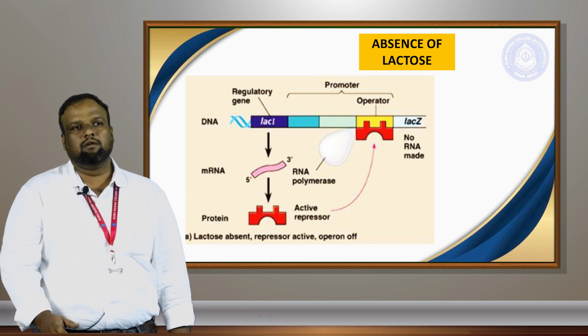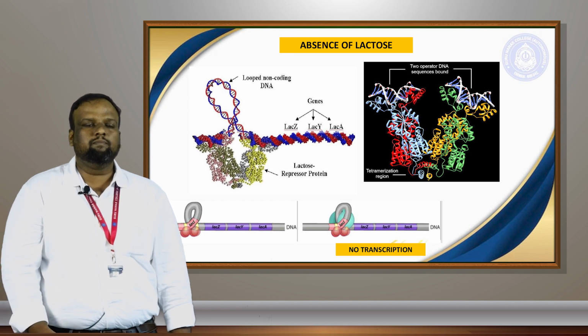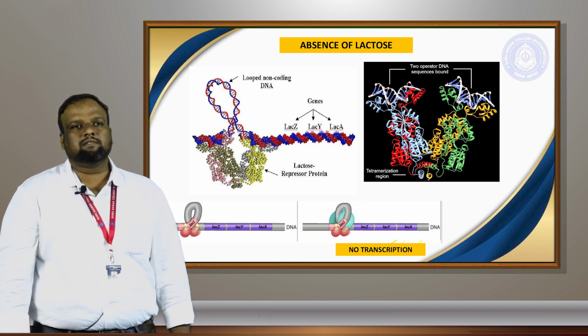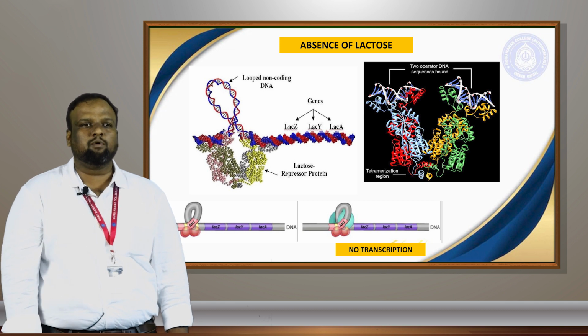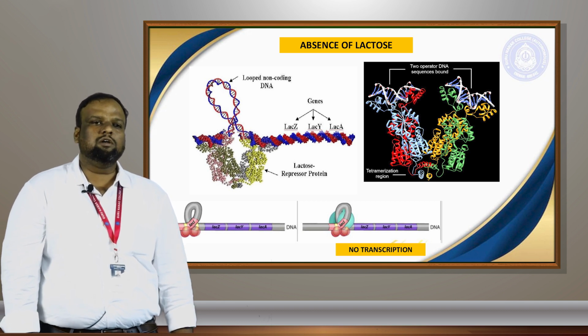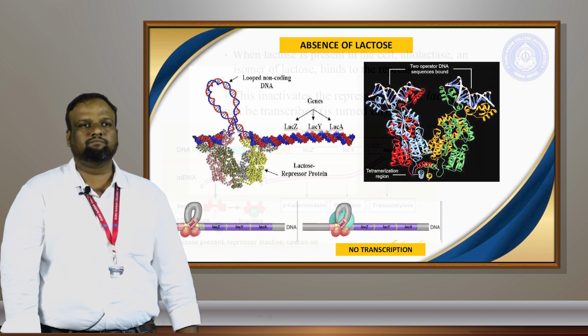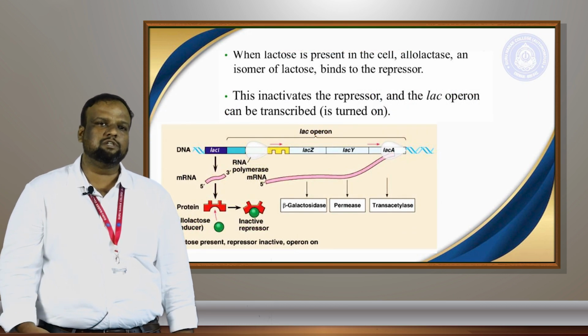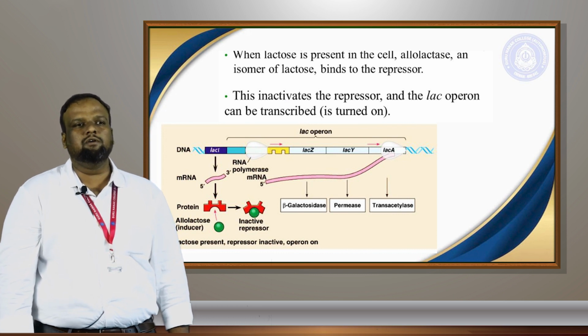the operator gene. When it binds with the operator gene, it is going to form a loop called a DNA looping. So this tetramer repressor protein will bind with both the operators, operator 1 and operator 2, which will form a loop so that the RNA polymerase cannot move further downstream, so that the transcription will be ceased. When lactose is introduced into the medium, the so-called inducer allolactose will bind to the repressor